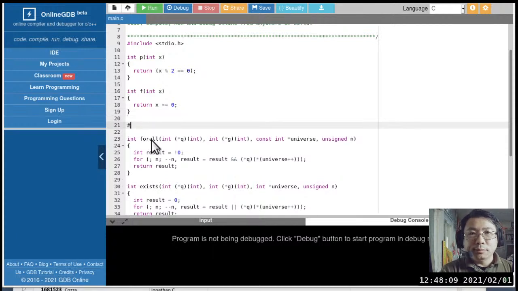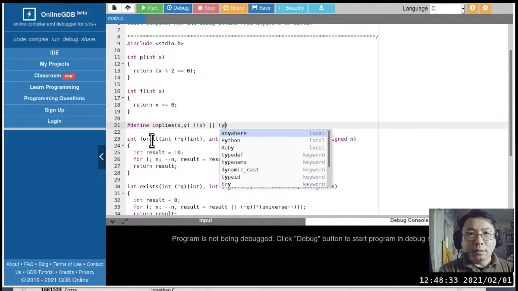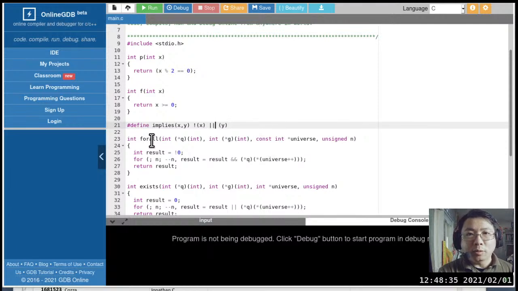And because we want to stay with just regular C, the more obvious way to do this is to use a macro. So we'll say implies, okay, and it has two things. It got x and y in it. So implies is really the same thing as negating the x, or y. Okay, that's basically how it works.